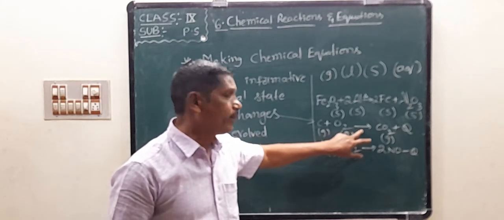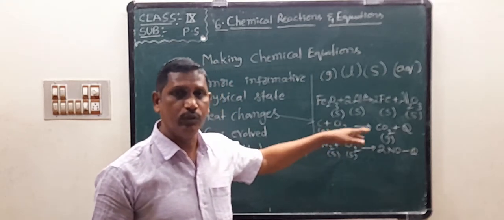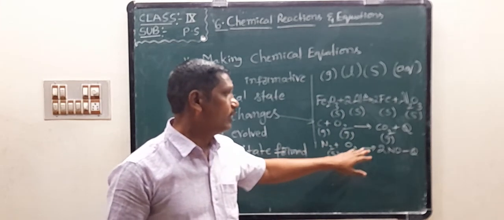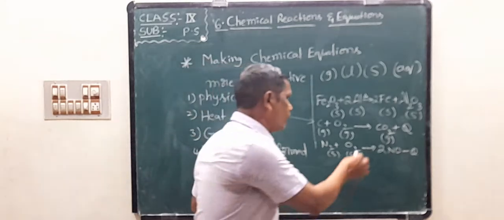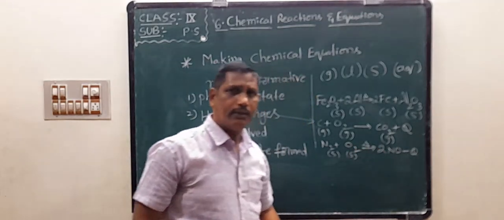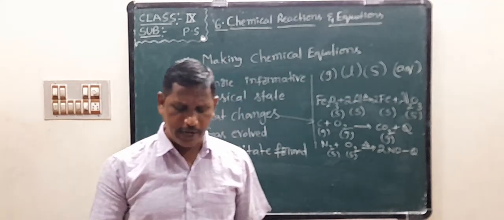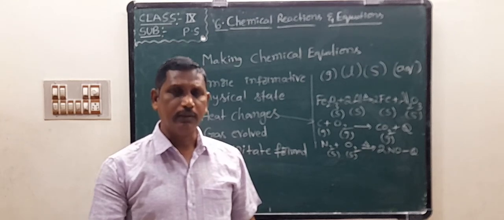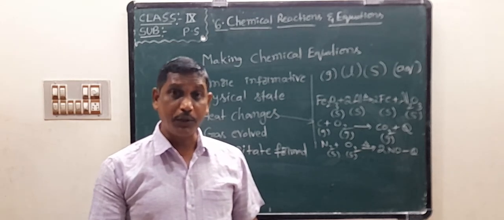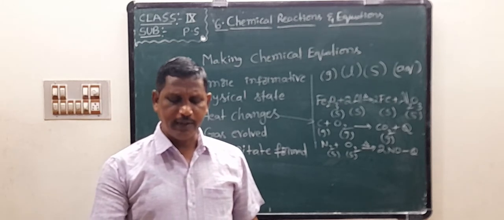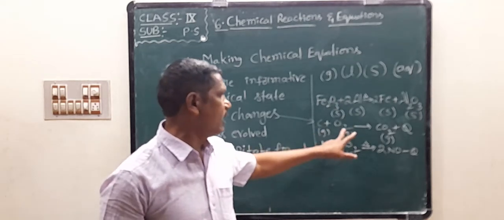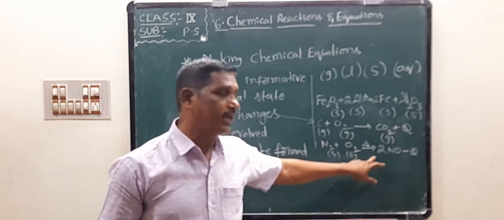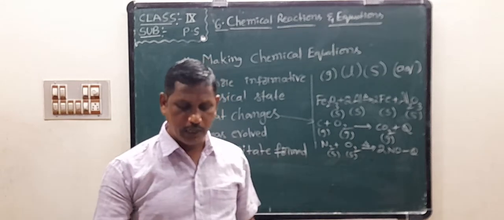Heat is liberated in the reaction C plus O2 giving CO2. Heat is absorbed by the reaction N2 plus O2 giving 2NO. That means here we put a small delta, because heat is required for that reaction. Q is the heat energy, with a plus sign on the product side for an exothermic reaction. Heat is liberated in this reaction, called an exothermic reaction. With a minus sign, minus Q, the reaction is called an endothermic reaction.